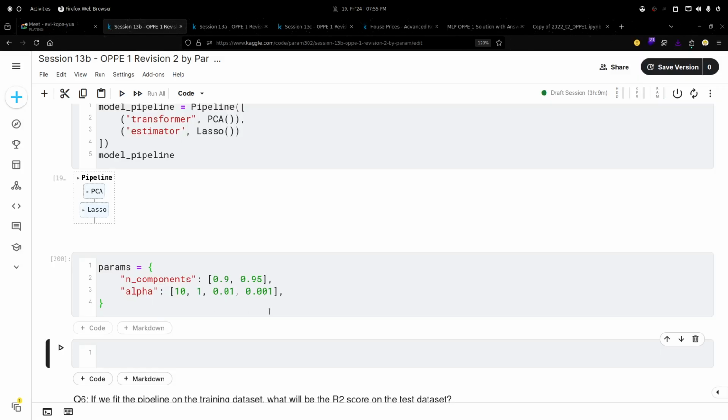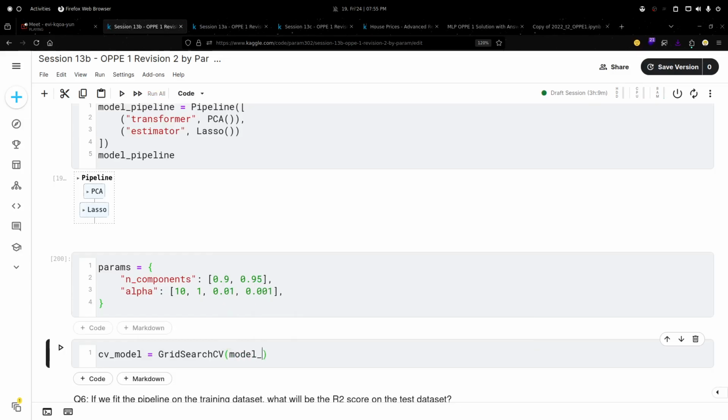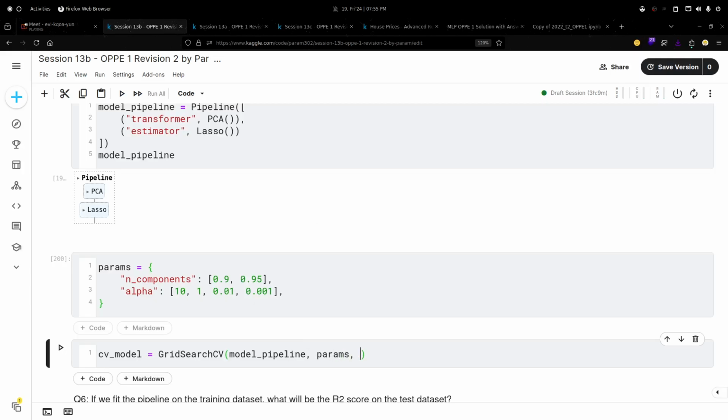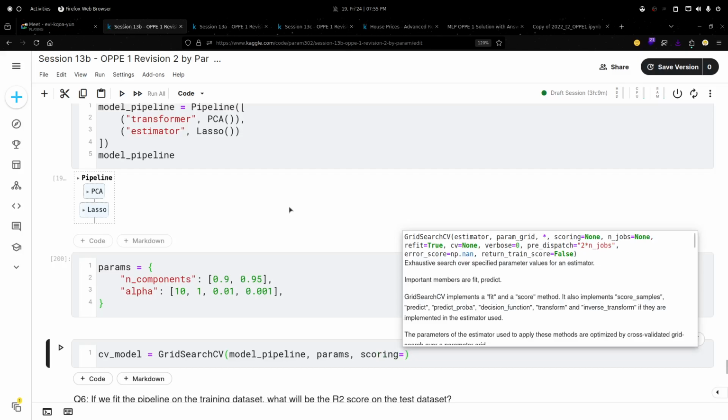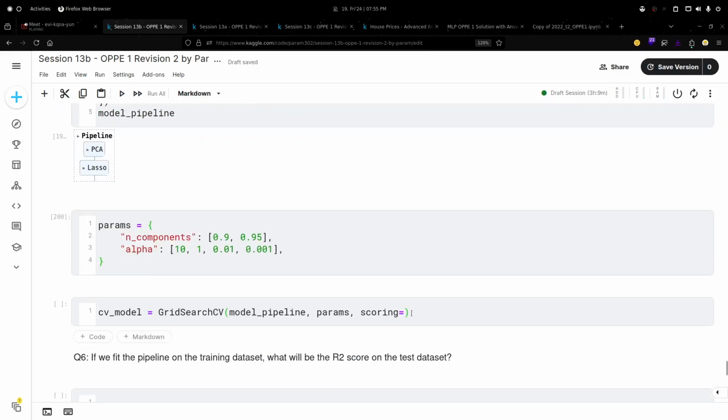CV model I'll simply write, and I will pass GridSearchCV, and here I will have the model pipeline as an estimator. Then we will have the parameters. Then scoring, here it is written again as negative mean absolute error. We can even take any other scoring.